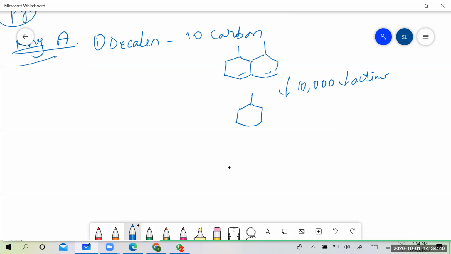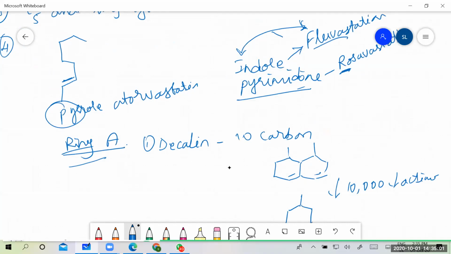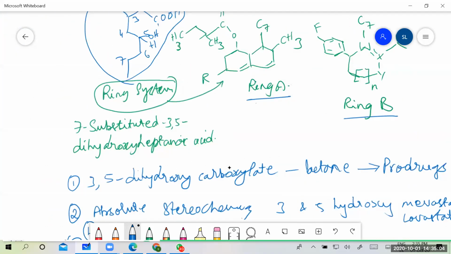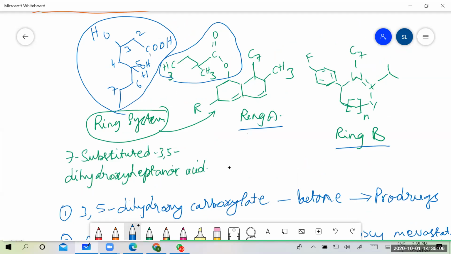Then the second point in the ring A type of substitutions: stereochemistry of the side chain is not important for activity. However, conversion of this ester to an ether results in a decrease in activity. So ester side chains you have here. If you look at this part, the stereochemistry of this side chain is not important, but conversion of this ester, so this is the ester form here, into ether will result in a decrease in activity.